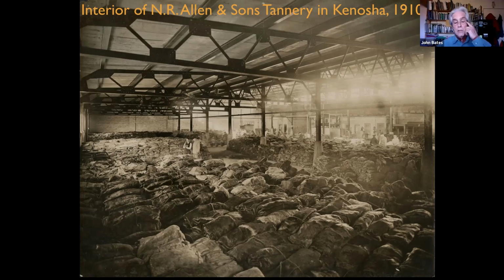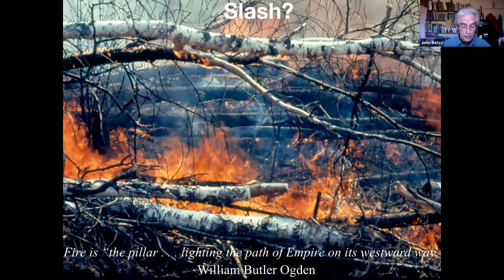So we're cutting down all these hemlocks, we're cutting down all the pines, and in the second phase cutting down all the hardwoods once the railroads get here. And what's left behind in any big clear cut is slash. You have your one mule if you're a homesteader, or your one oxen, or whatever you may have, but you're looking at all this slash and you need to plant. So you need to get rid of that slash right now. So you take a match to it.